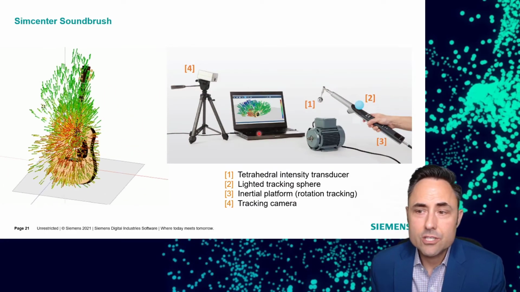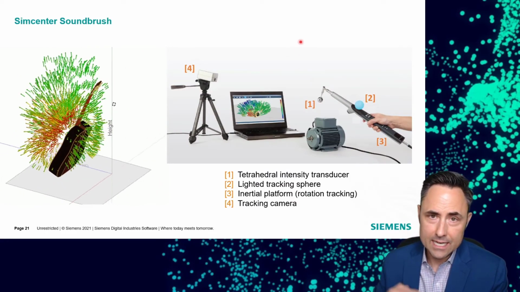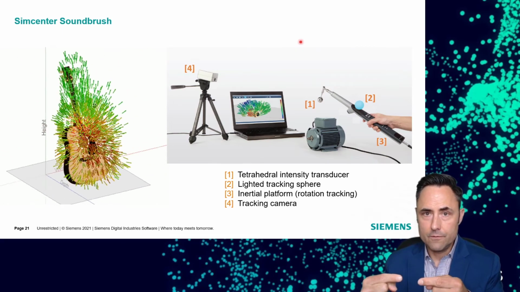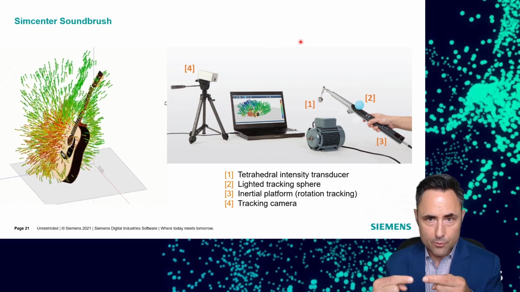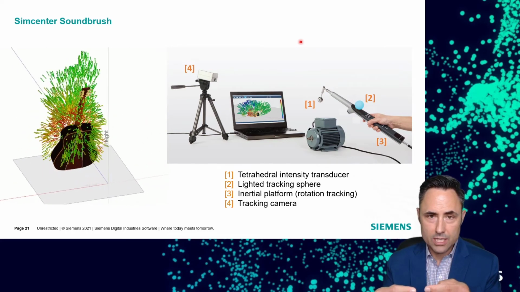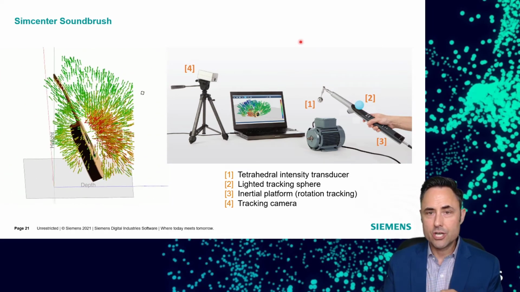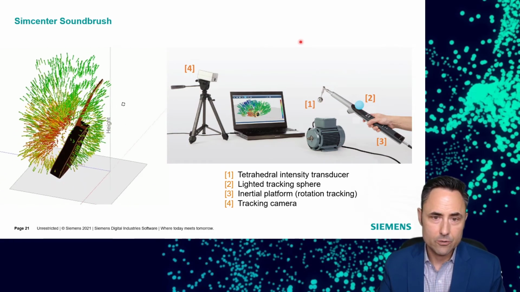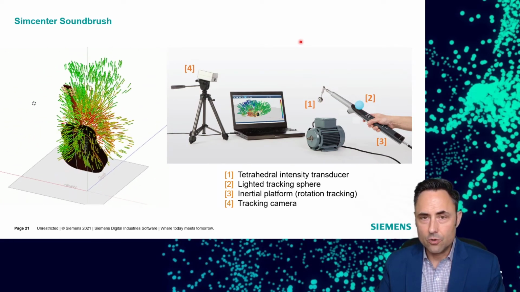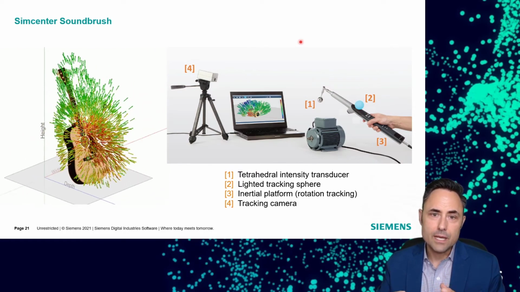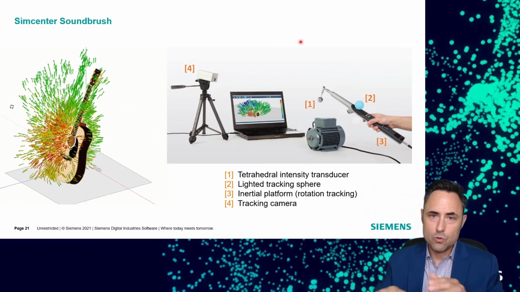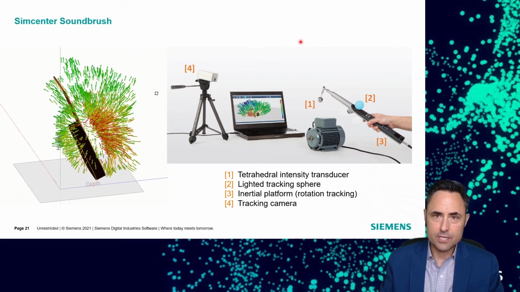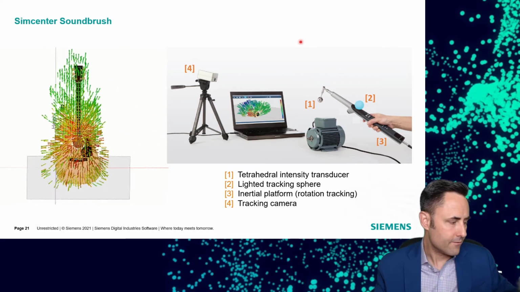So this is a device called the Soundbrush, which is sort of a next generation sound intensity probe. So it's not just your typical face-to-face 2 microphone pressure probe. Those are sort of the classical example. The Soundbrush is sort of a next generation, and it allows us to generate plots like you see on the left here with the acoustic guitar. The Soundbrush is different because it doesn't force you to make this wire mesh and only measure at a certain area at a certain distance. We take care of all of that for you.